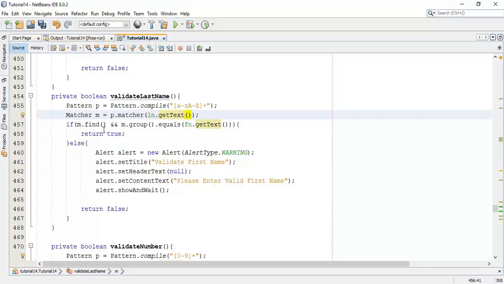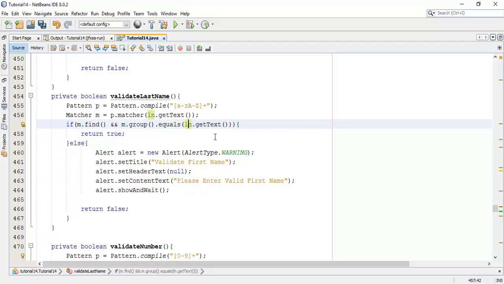If it's found true, the whole string must be the same as this pattern, and it's going to return true.